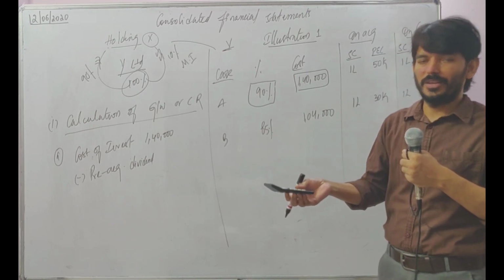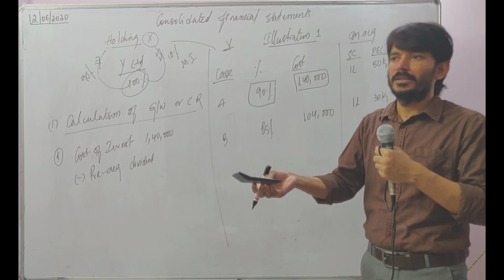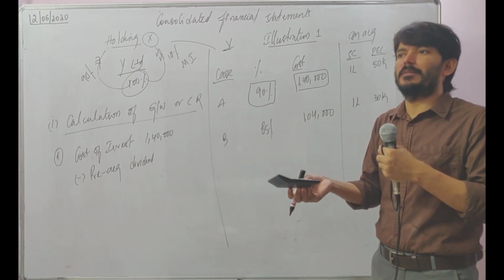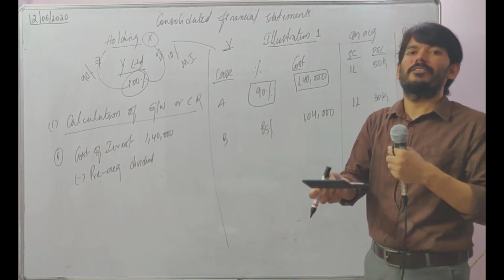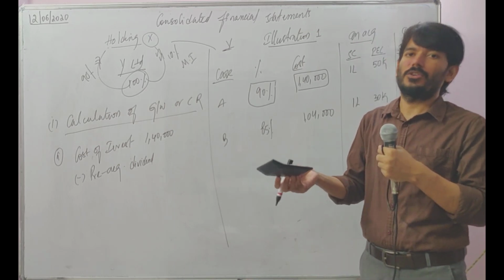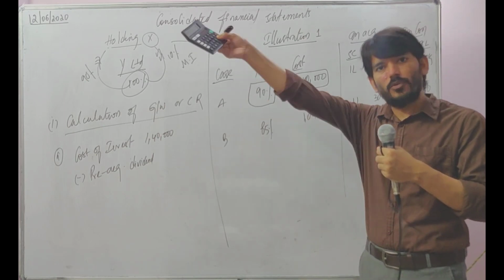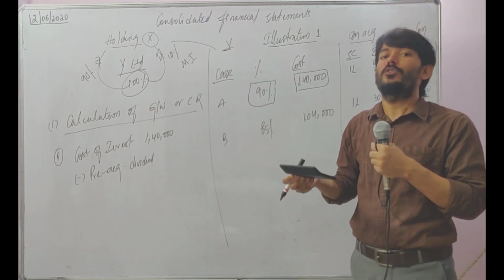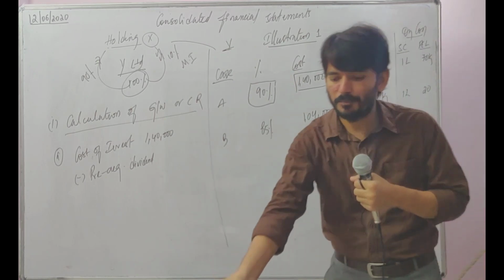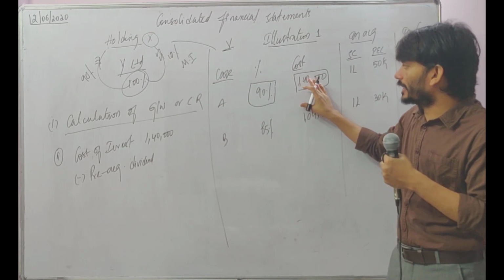See, a calculator won't give any results. Take an example like a property. You are purchasing a building, but the day you are purchasing it, tenants are coming and giving you the rent. Whatever rent you are receiving as an owner is not your revenue. It is a revenue of the previous owner, but because on that date you are the owner, you are receiving it. In simple words, when X Limited is purchasing the shares in Y Limited,